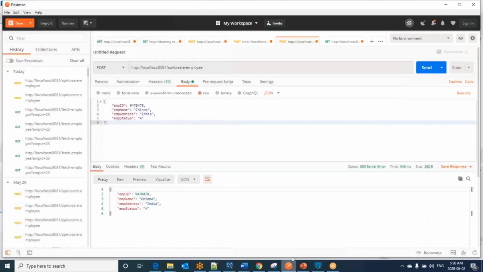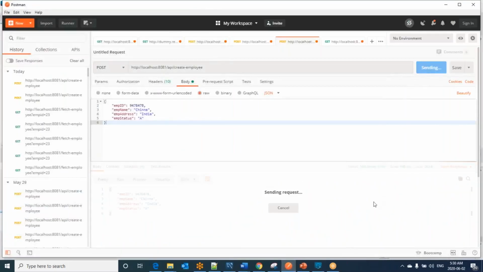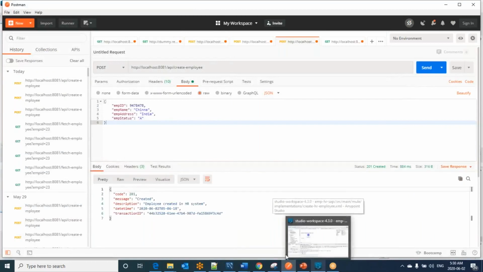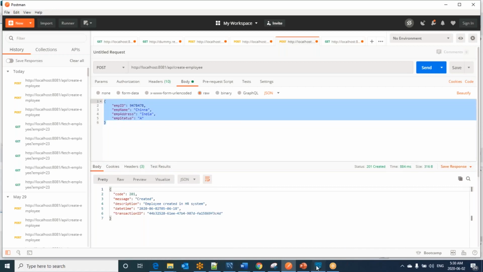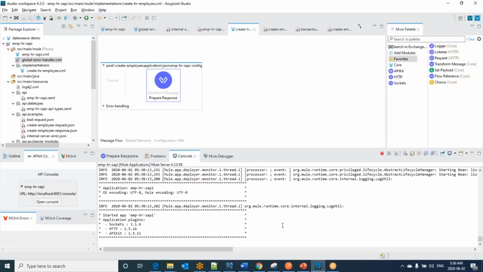It has deployed. Now let's go and make the request. Now we can see we got the expected response, right? Now you see previously we were getting an exception, but still we are getting this exact payload. Why? Because I have not created the configuration for the global error handler. If I create the configuration for the global error handler, it could have responded back as 500 internal server error, right?